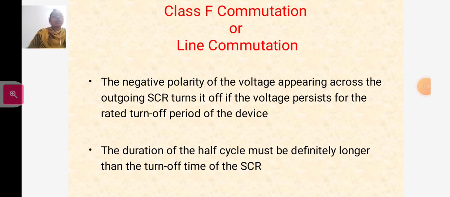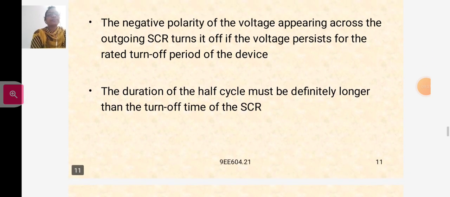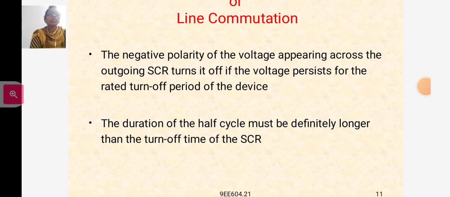The negative polarity of the voltage appears across the outgoing SCR, and the voltage persists for the rated turn-off period of the device. The duration of the half cycle must be definitely longer than the turn-off time of the SCR. So this is about the